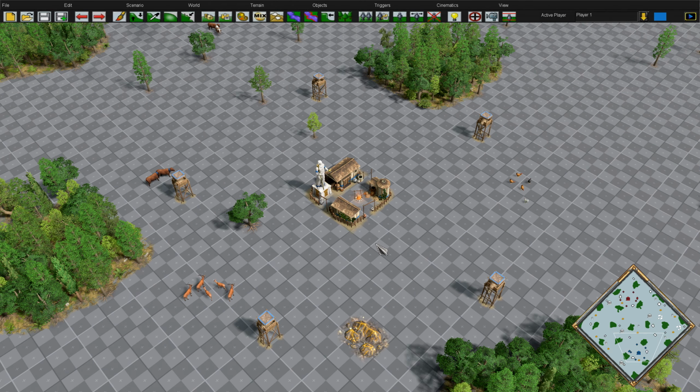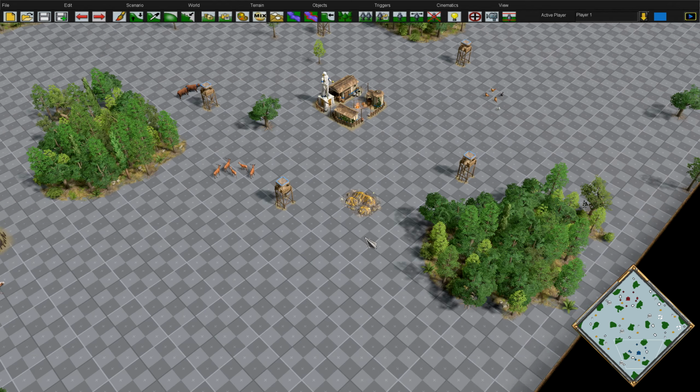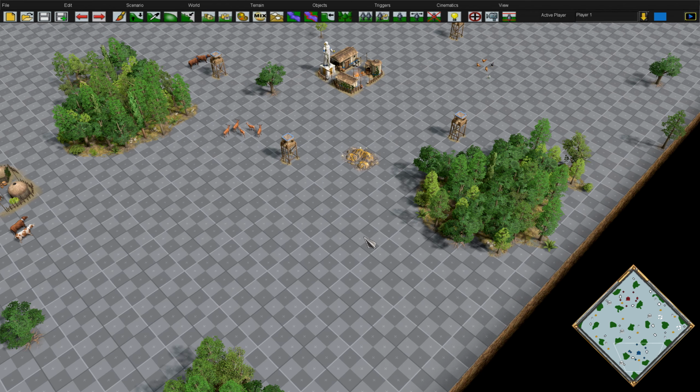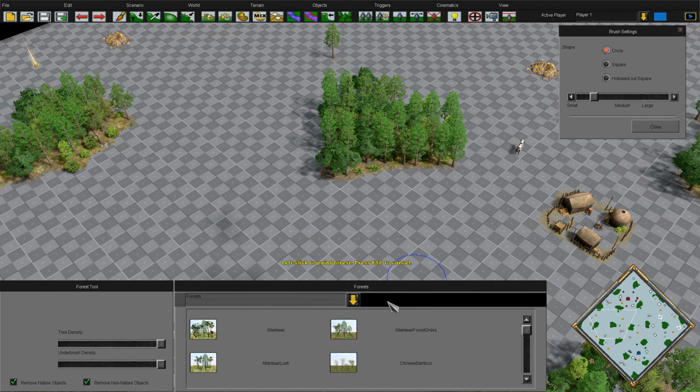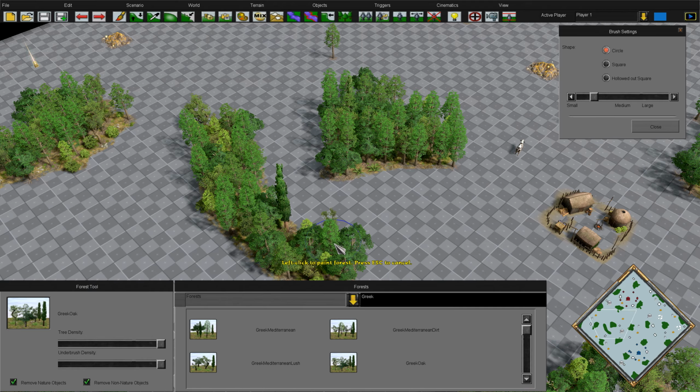As you can see, it's pretty ugly and uneventful. It uses a bunch of default textures. It uses a checkerboard kind of terrain, just so I can see the elevation of the map. It uses the default Greek oak forest just as a placeholder. If I could find it here, that would be great. This is embarrassing. There we go.